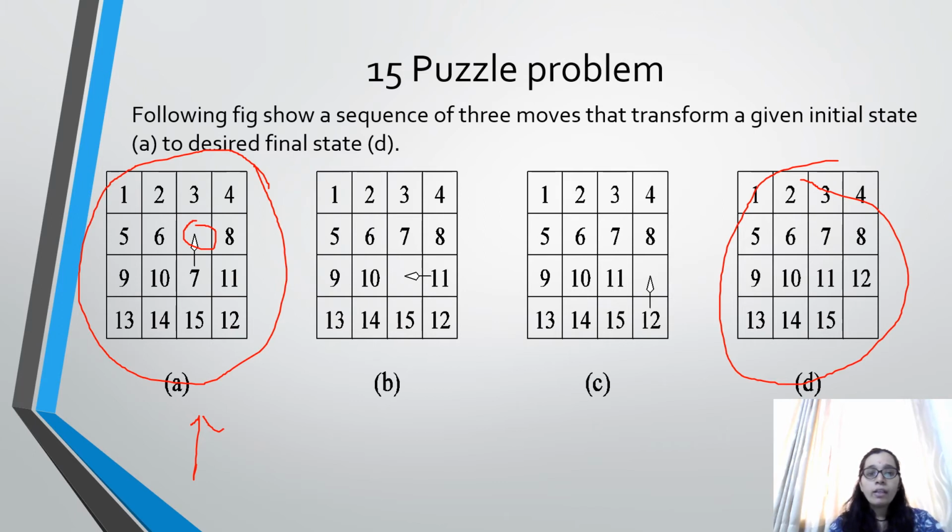So here 7 is moved up, as you can see here. Now this is blank. Therefore here 11 is moved over here, that you can observe here. And then 12 is moved up, therefore to get the final move. So this is the easiest configuration diagram that is used to show the 15 puzzle problem.